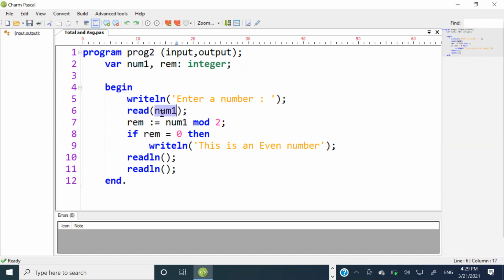Since our requirement is to see whether this number is divisible by 3, in other words whether it is a multiple of 3 or not, we have to divide the number by 3 and consider the remainder. For that, I say num1 mod 3. Whatever the number is, it will be divided by 3, and we'll consider the remainder. So if remainder is 0, then we say this is